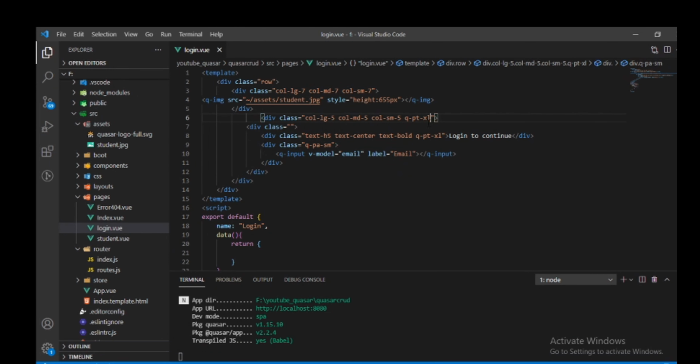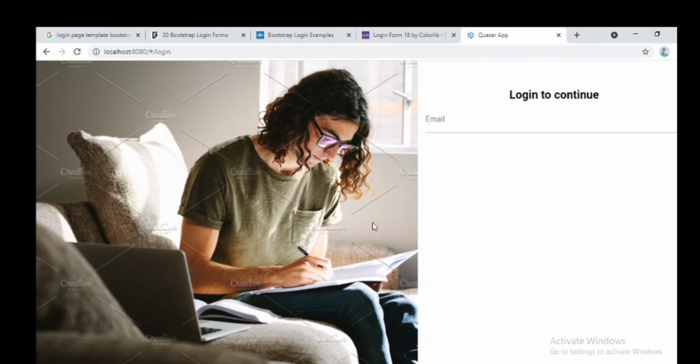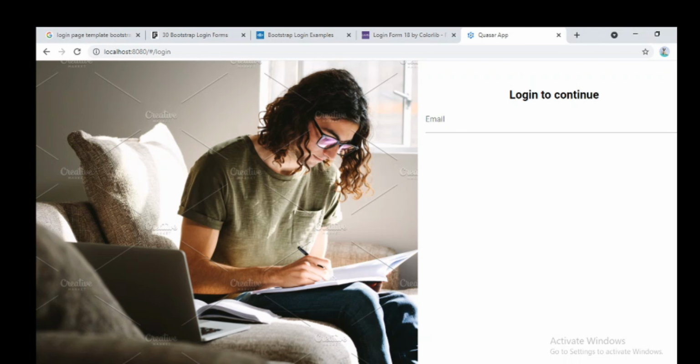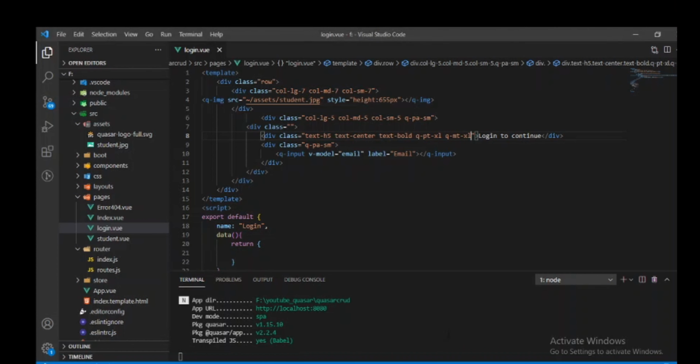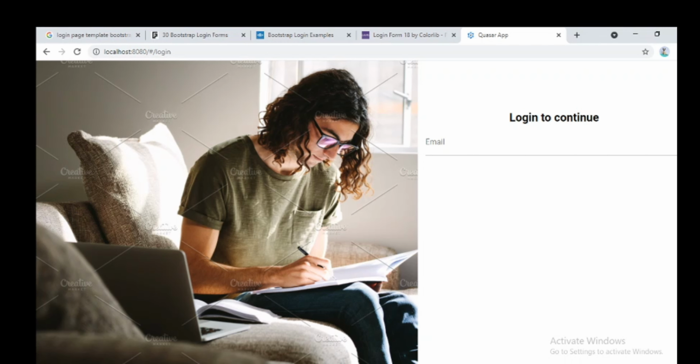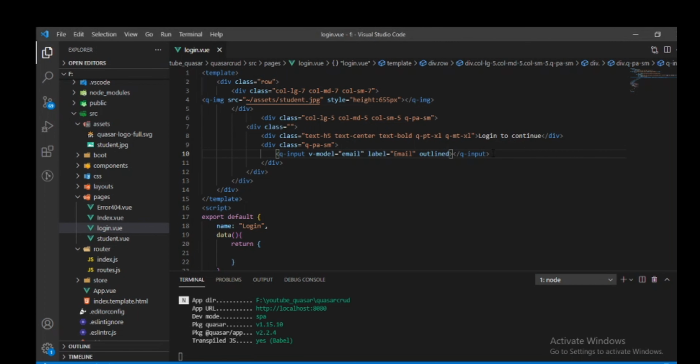We have to give another, sorry, pt. We will make it q-pt-sm. Okay, and then we will use here q-mt-xl. Okay, make it outlined. Yes, it is now good.